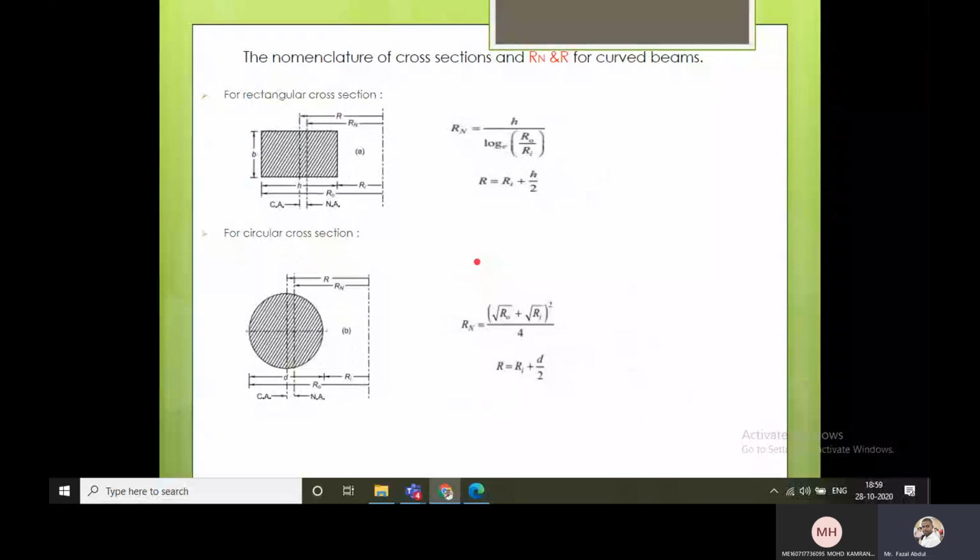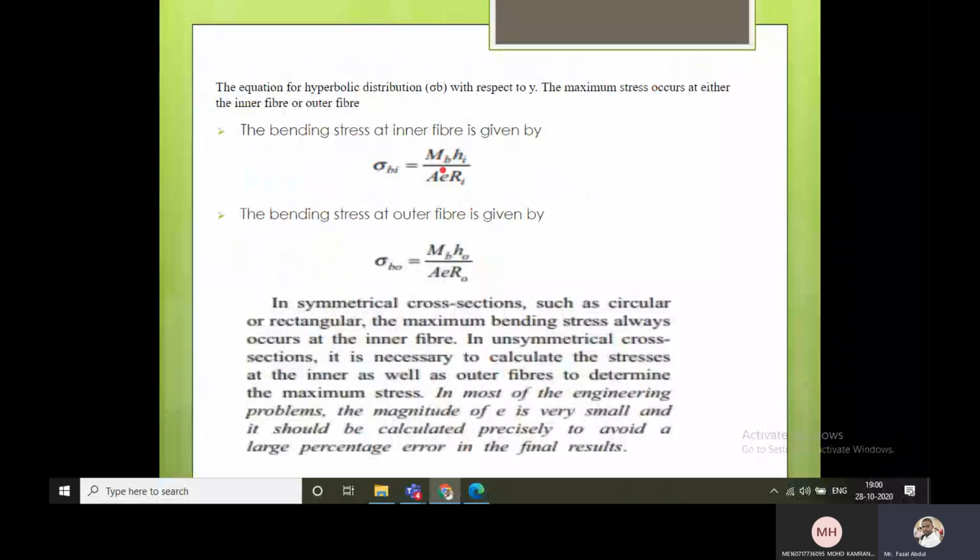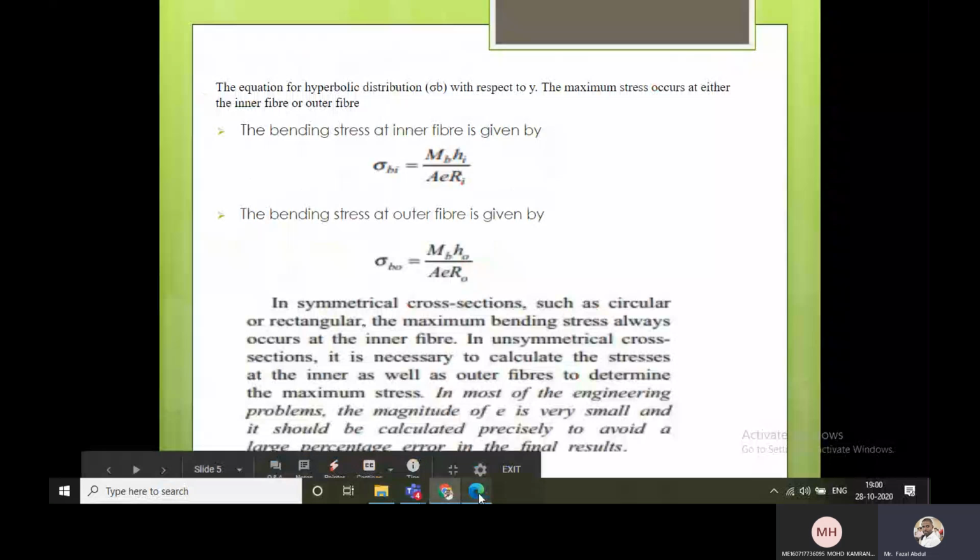Now after calculating Rn, Ri, what is the use? See here, I am showing what the use is. Here, to calculate the Ri value, the Ro value, the Ho value, and the Hi value, these Rn are all going to be used. I will show one example problem. I will show with this example. Just wait.